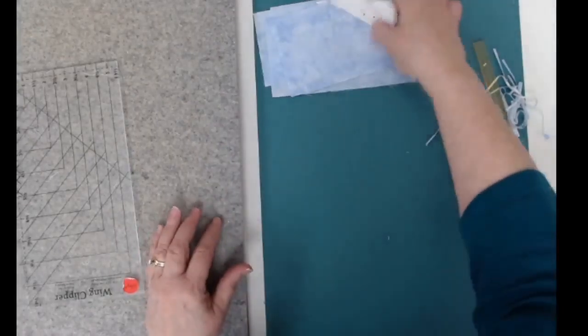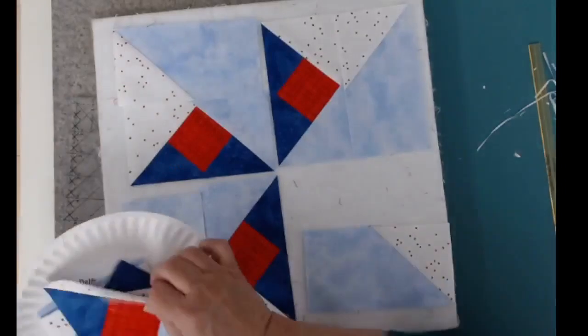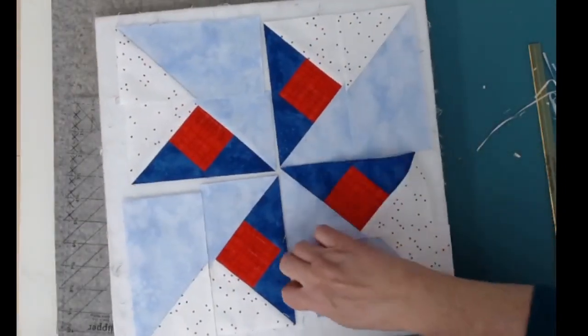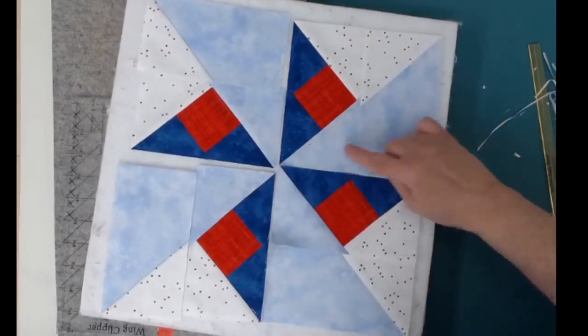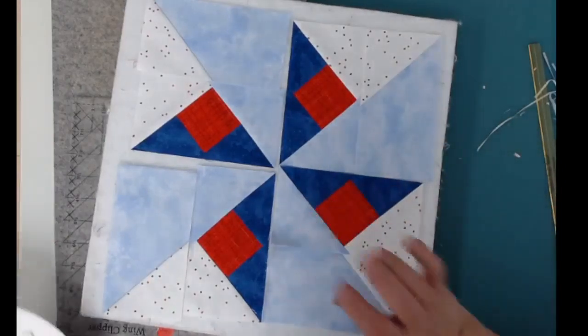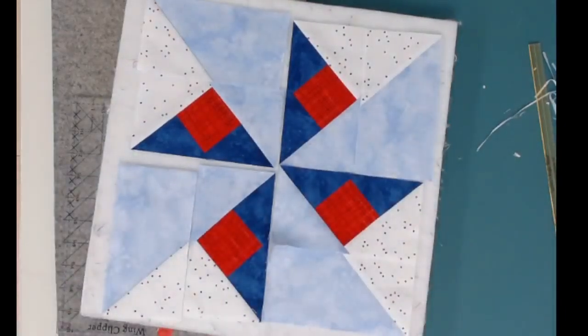I'll trim the others later because I want to go on to our bird of paradise unit. So here's what the unit looks like so that it creates that double pinwheel sort of a look. You have a blue pinwheel, you have a pale blue pinwheel, and then you have a bright square right in the middle of that. This is also a technique sheet, and I want to talk about this a little bit,